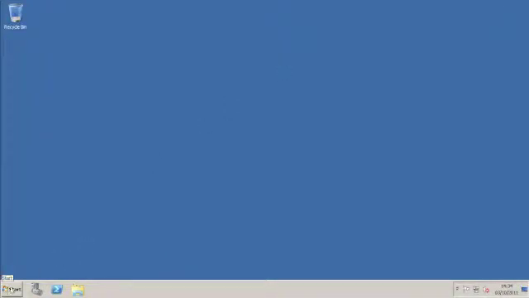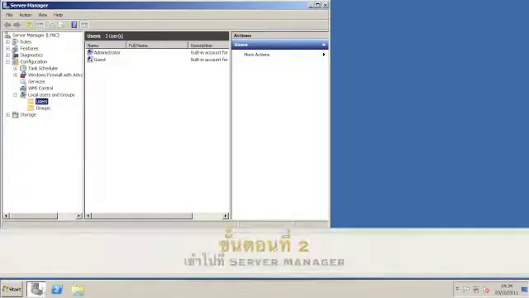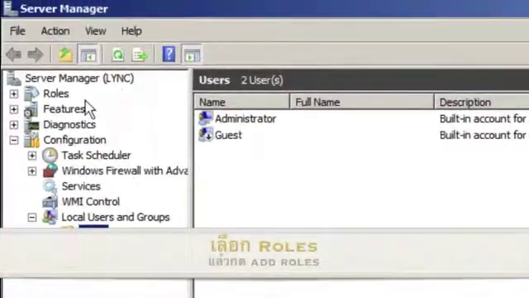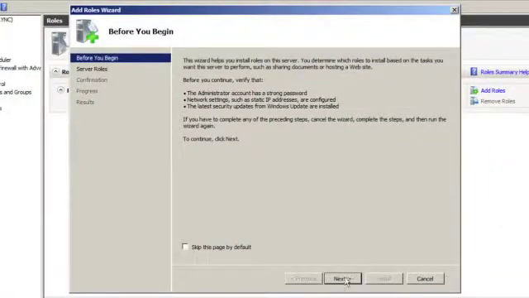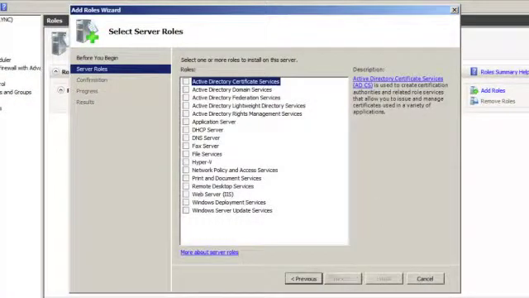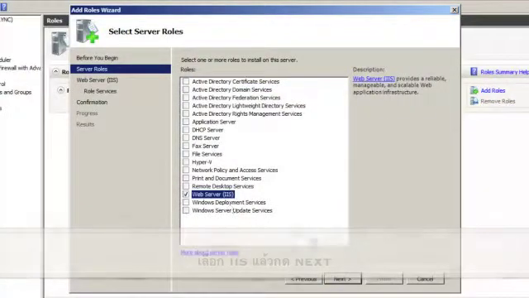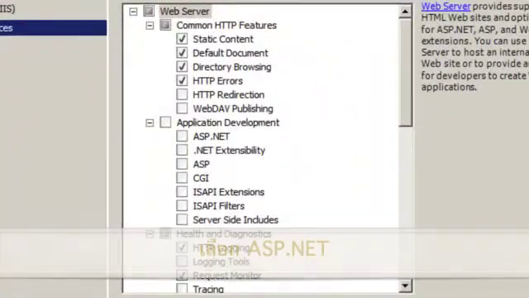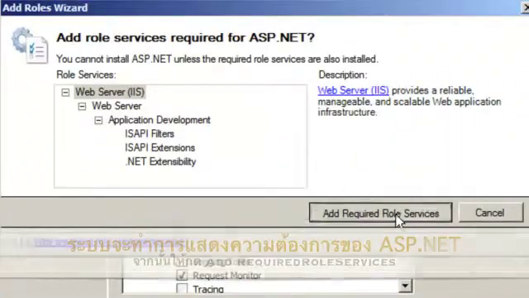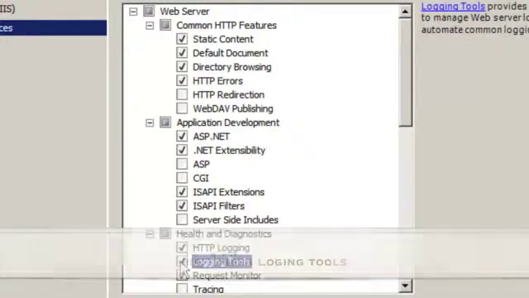We're also going to need IIS installing, so if you launch Server Manager, let's maximise that, go to Roles and Add Role. We need to add in, let's click Next, add in the web server IIS role. Click Next. Now, in addition to all the default add-ins, if you select ASP.NET, say yes, I'd like to add that. Logging tools,